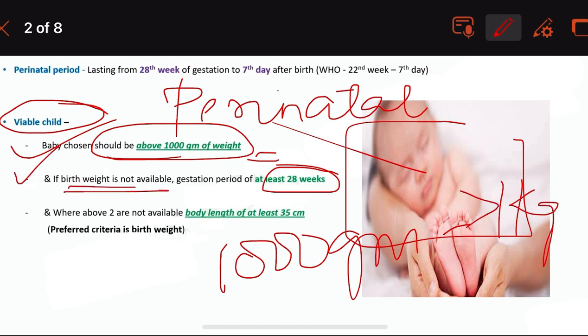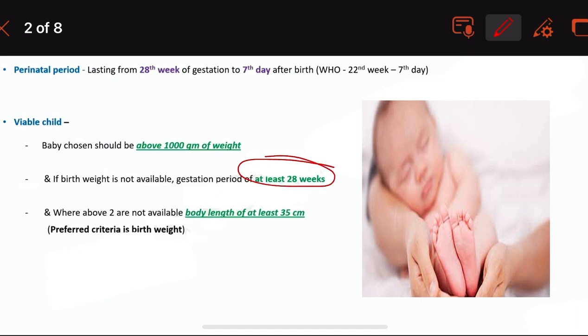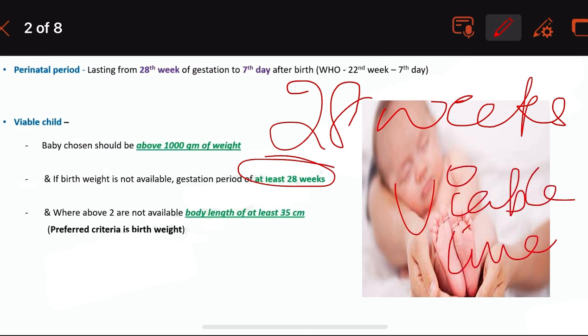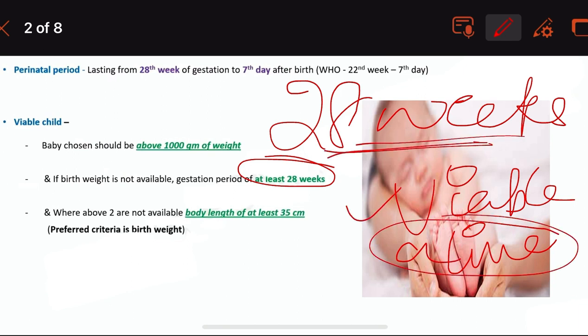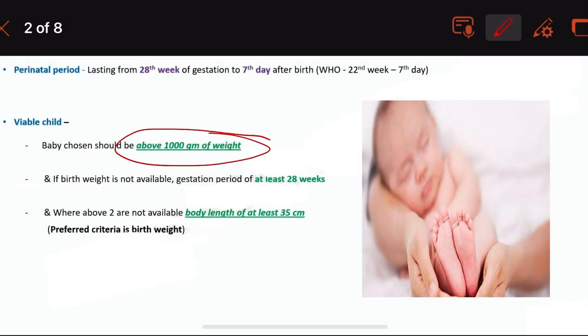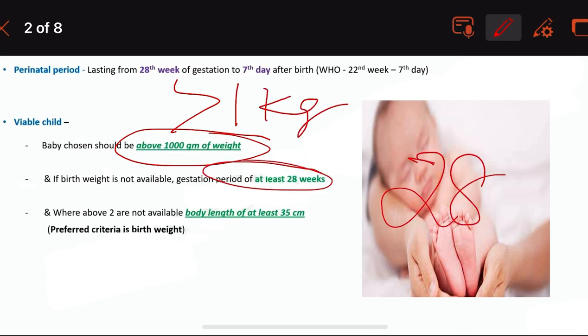And if the birth weight is not available, you have to go to the gestation period, which should be at least 28 weeks. To be considered alive or viable, the baby should have completed at least 28 weeks of gestation, which is equal to the baby weighing at least 1 kg or more. Next, if you don't know the weight of the baby, whether it is more than 1 kg or not,